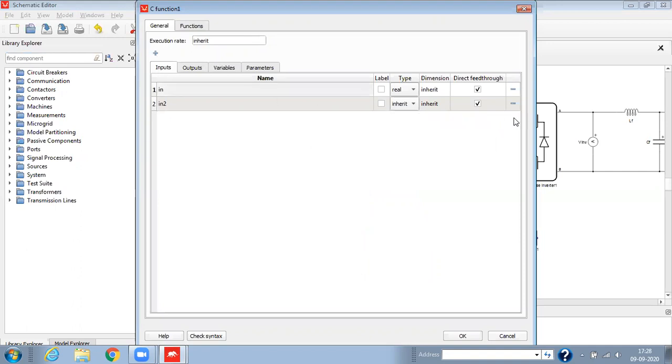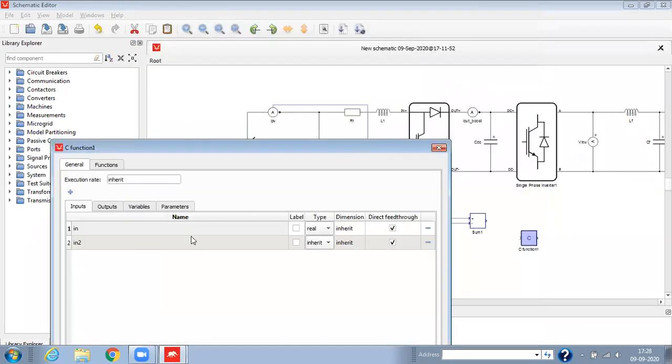Basically, here we have two inputs. One is change in power, so we'll write the name. The first one is power, and this power will represent the change in power, and the second one is voltage. Both the signals will be of real type.